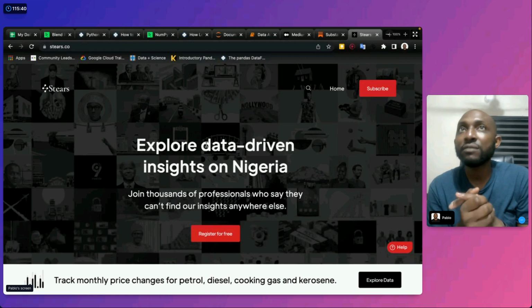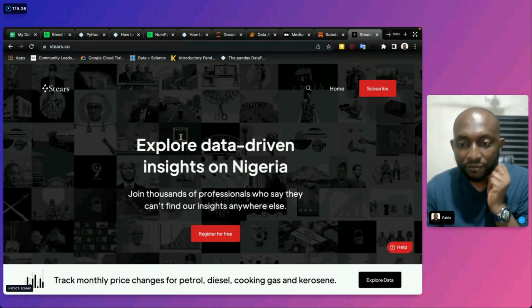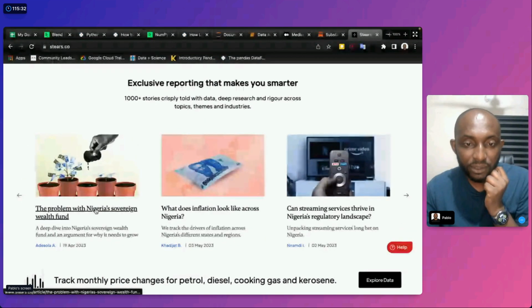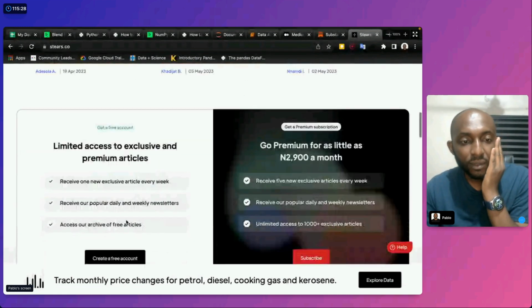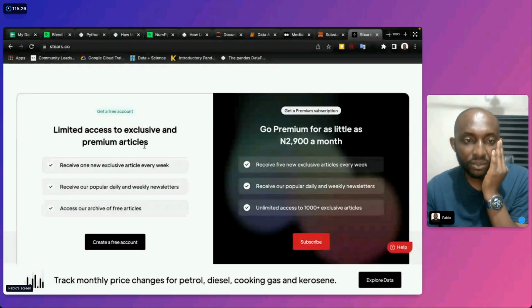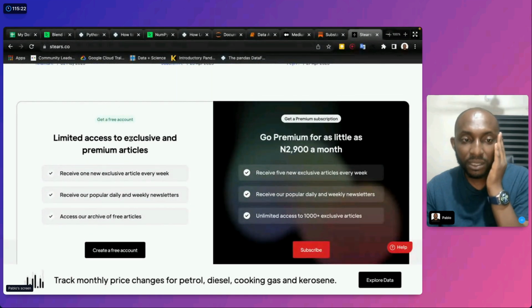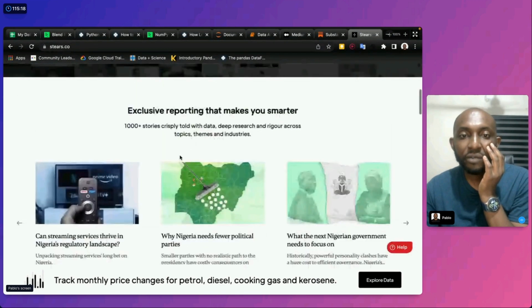Steers is not a free platform, but they have free stuff, so you can see all that. They do write-ups. You can have a free account, but if you get a free account, you're limited to some articles, right? But you can just sign up for free and read up what they do.